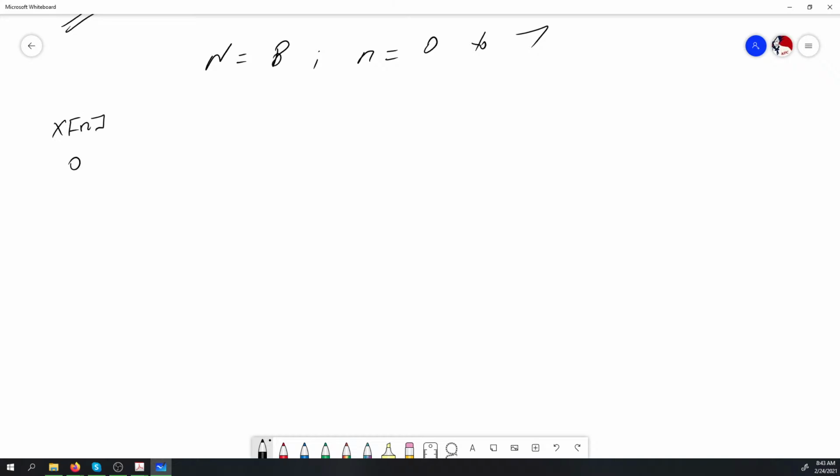I'm going to list out all my x of n values from problem set 2A. So 0, 0.944, minus 0.623, minus 0.532, 0.974, minus 0.112, minus 0.901,